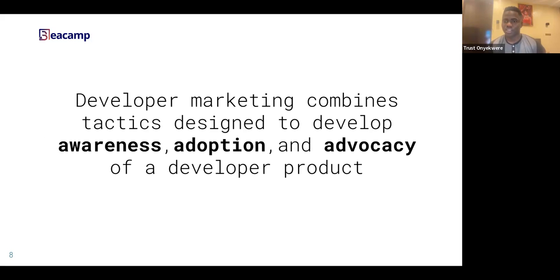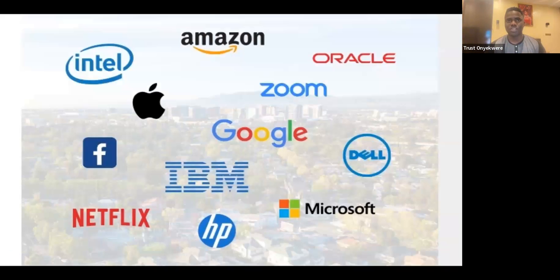The companies you see on the screen all have developer services and developer products. Oracle has different developer products. Zoom has a product for developers. Google has services, programs, events, conferences, and resources for developers. IBM has one, Microsoft has one, Amazon has one, Apple has one. All of these are developer products. B2C and B2B may not work for these companies to take the product and services to developers. What they need, and always hire, are those who are in the B2D space.